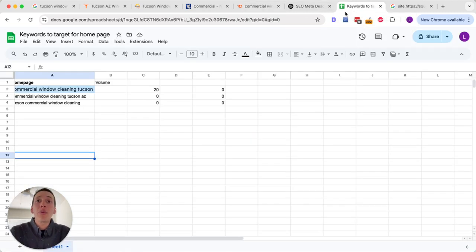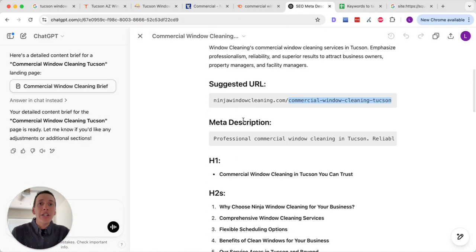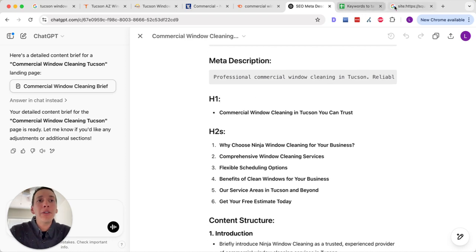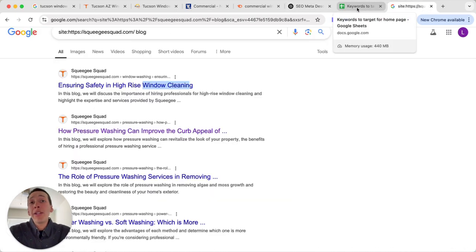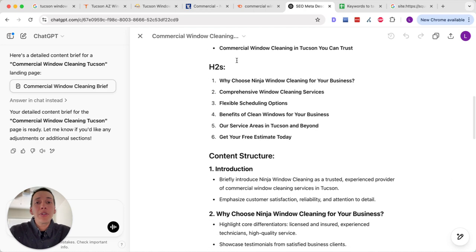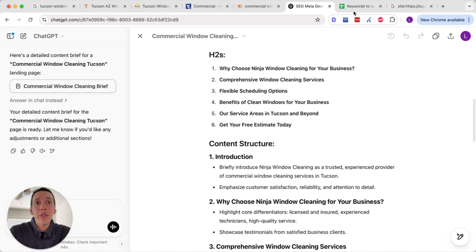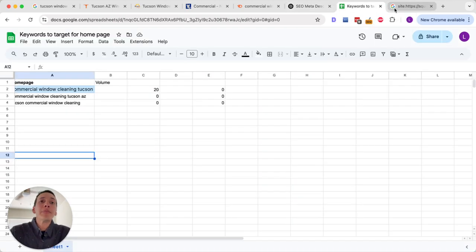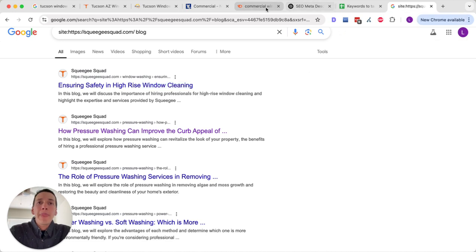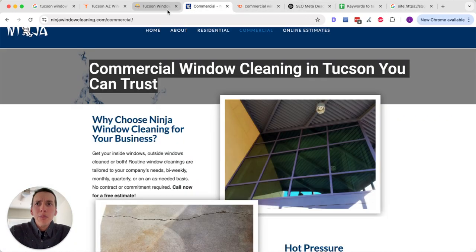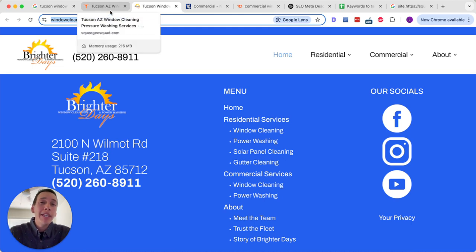And now let's just start building out new pages using the process like ChatGPT to help you build out the page outline. Or you could even do this manually if you don't like the results that you get from here. There is a way to do it manually as well. Very similar to what I just showed you guys. And so we want to focus on building out new pages that relate to new blog topics that are relevant